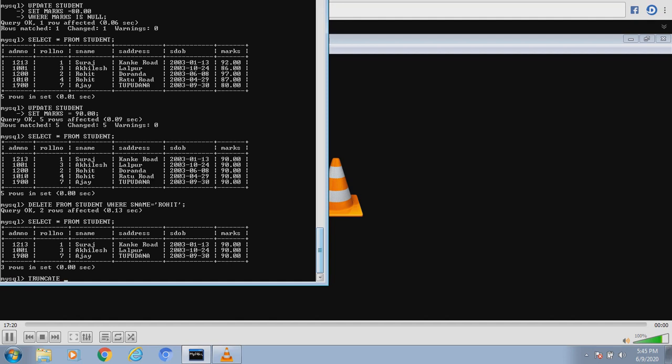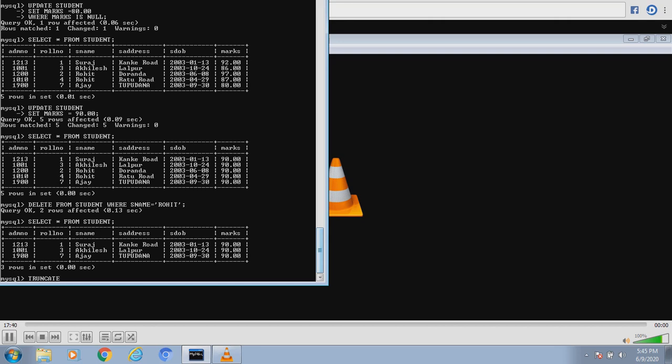Delete deletes the thing but keeps the memory space for the deleted things, so that when they come back they can again be accommodated. But truncate deletes everything and doesn't keep the memory, because it knows the things deleted are to be permanently deleted.